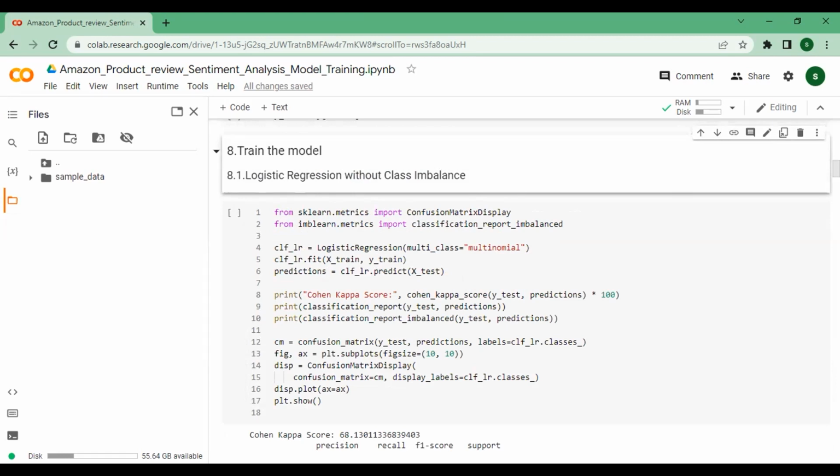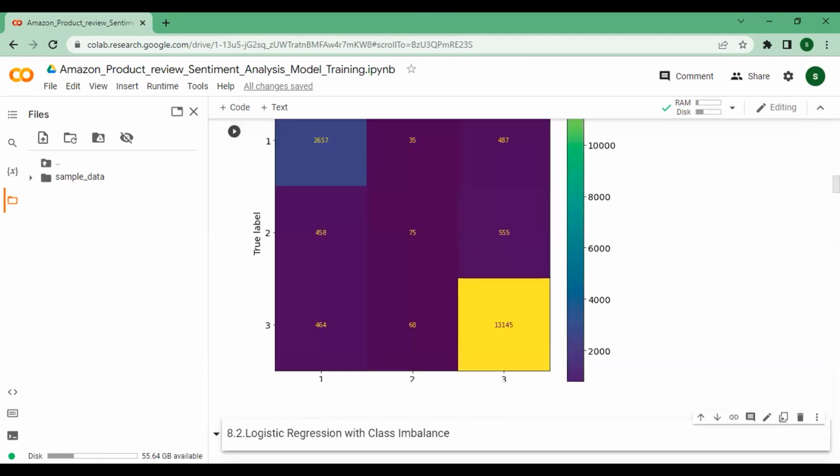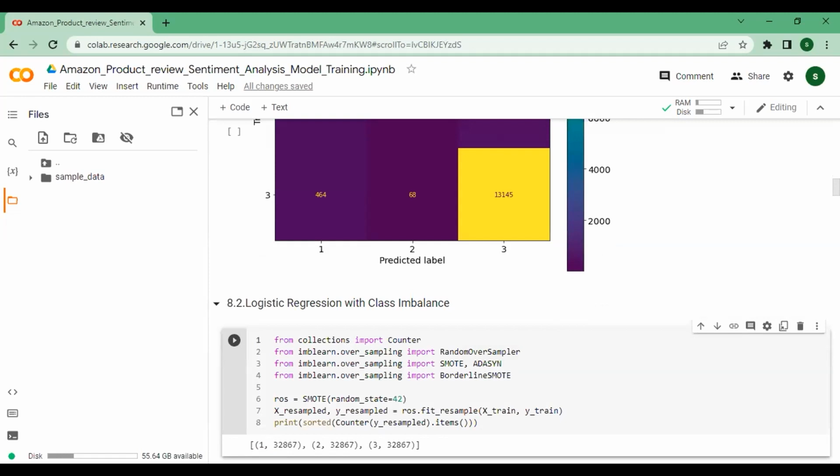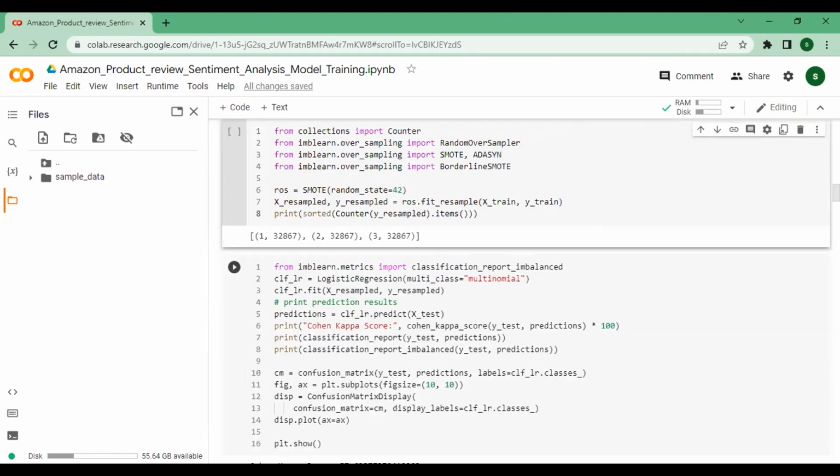Once we are able to calculate the precision, the recall, the F1, the accuracy and everything, the Cohen kappa, we can analyze how good the model is and how bad it is, so whether we can rely on this model or not. We also have the confusion matrix, the same way we have for classification using machine learning, if we are calculating logistic regression or SVM or anything. And as we discussed, we covered the imbalanced class as well as the balanced class.